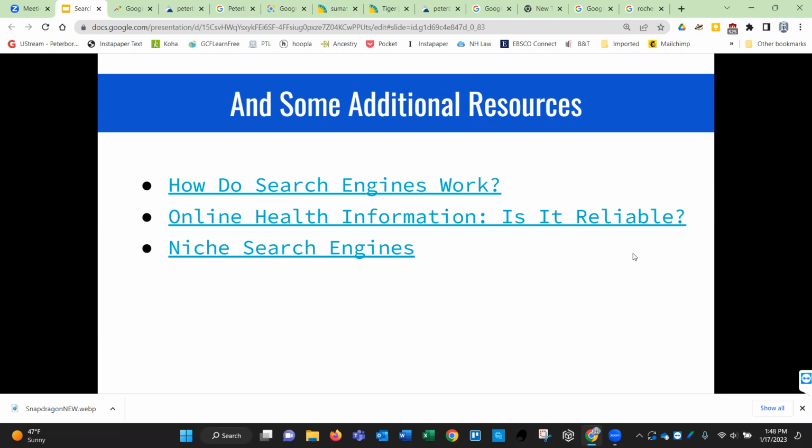And then this is an article from Lifewire about niche search engines. There are more search engines than you can imagine. So these are just a couple of databases that you can explore, but there are so many.